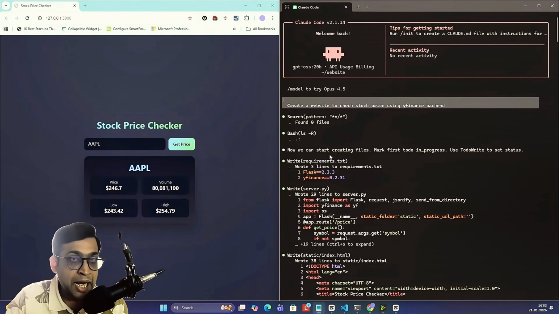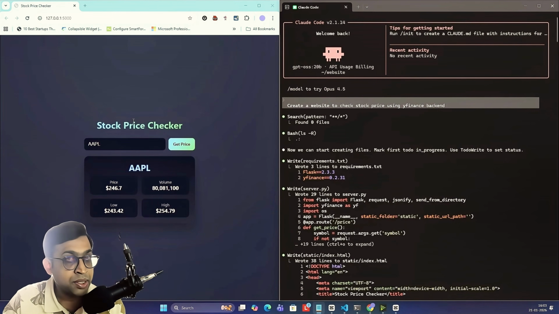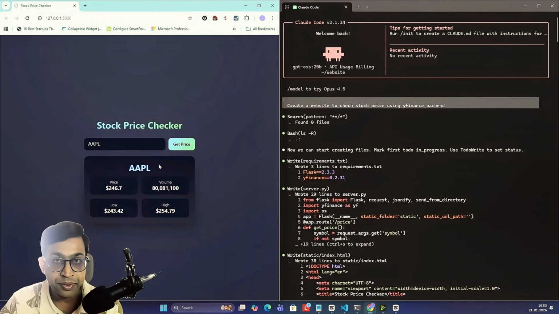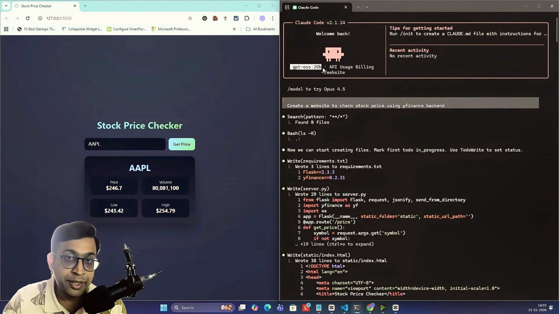I built an entire app using Claude Code for free. In this app, you can add a ticker, and once you click on Get Price, you can get current price and volume information. I'm using Claude Code with a private model called gpt-oss 20 billion rather than paying for an